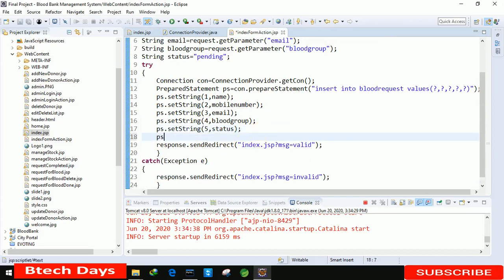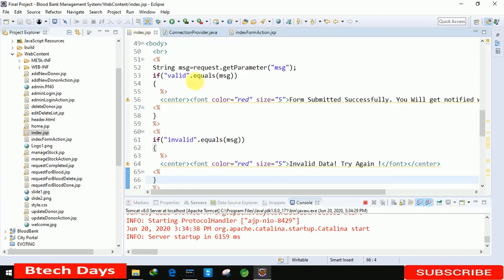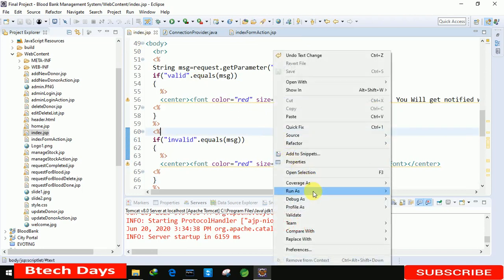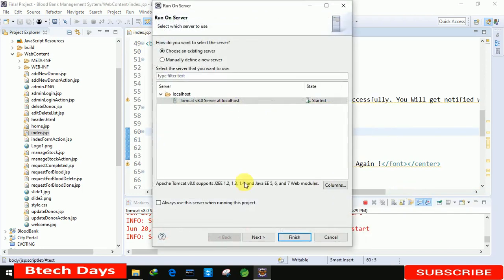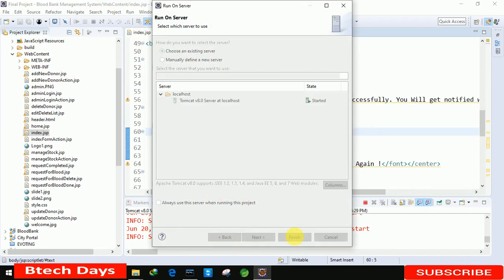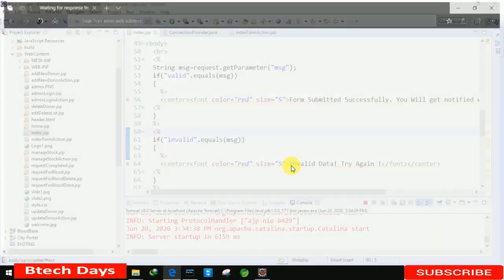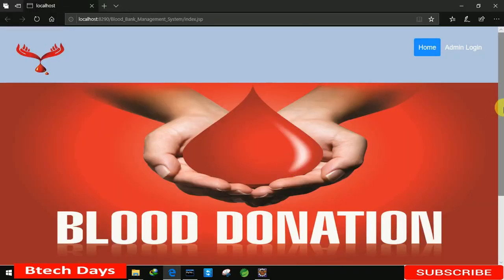That one is ps.executeUpdate. After writing this we move again to the index page, and let me run this page. You can see our front end and back end part is all completed for this page, and our page has been opened.